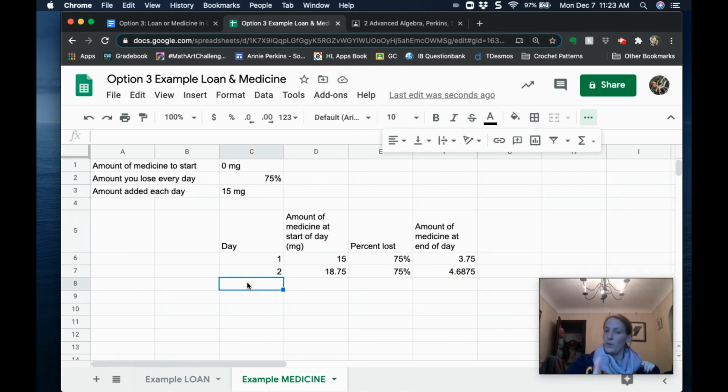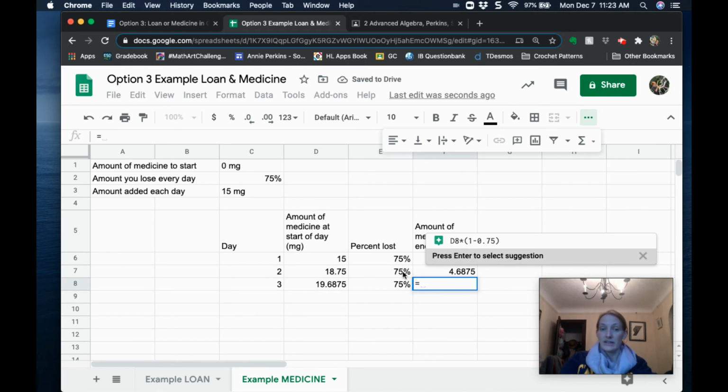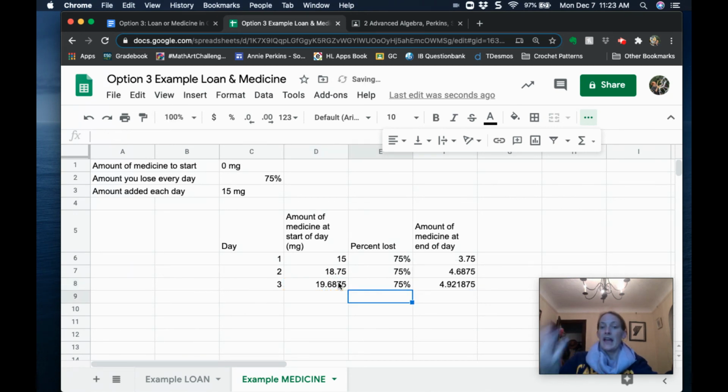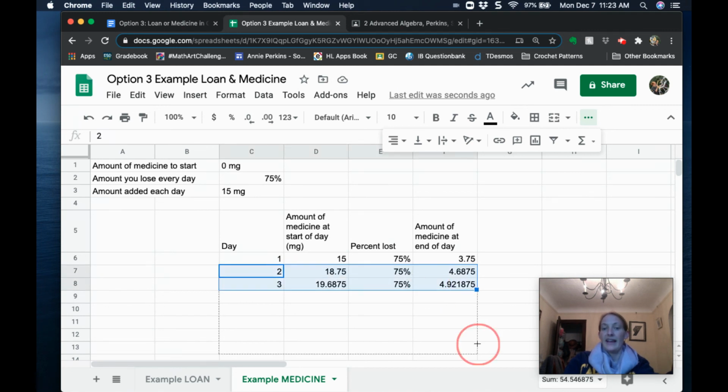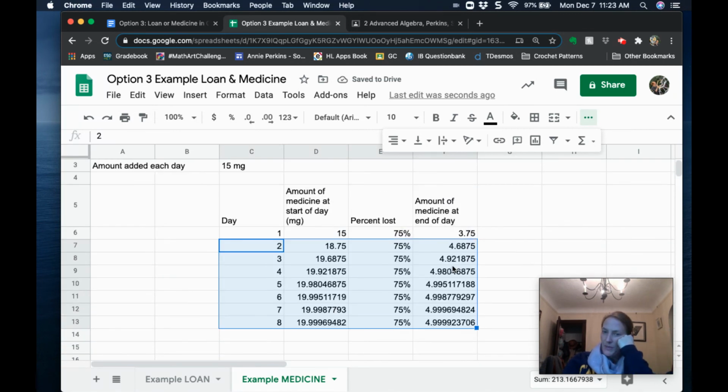And then we can just do that one more time. So let's say on day 3, how much is in my body? It's going to be this plus 15 milligrams. And again, we're going to lose 75%. And then our total is going to be equal to this times 1 minus 0.75. And now what we can do is start highlighting and doing that. And what you're going to notice is that somehow we're going to end up